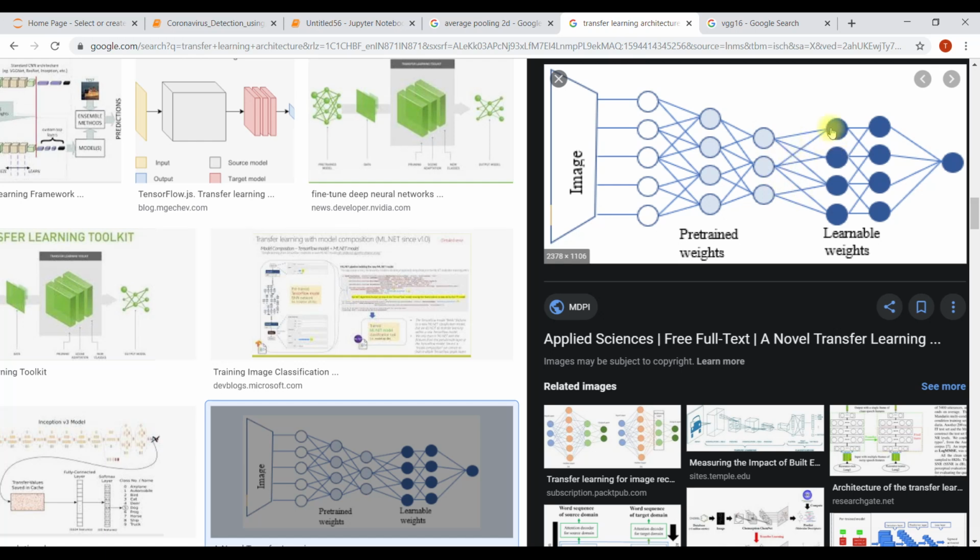Average pooling will take only those features. These layers are feature extractors, and they contain the features, the pixels of chest X-ray images. This layer is going to take the average of what they are containing.